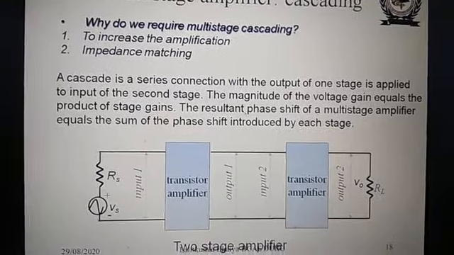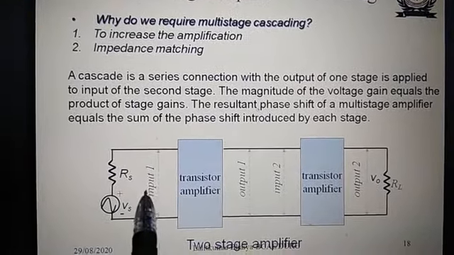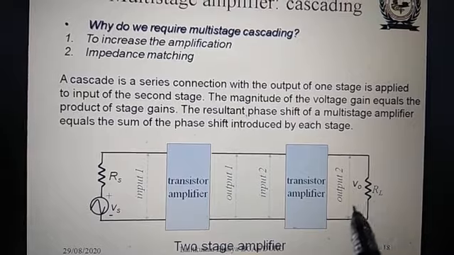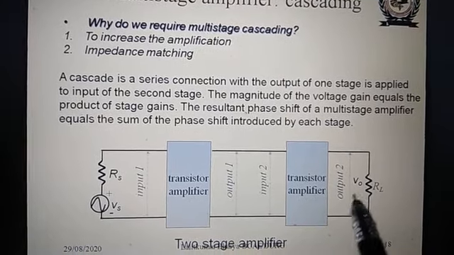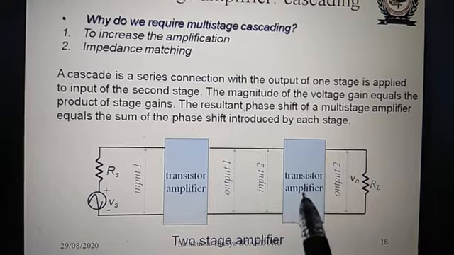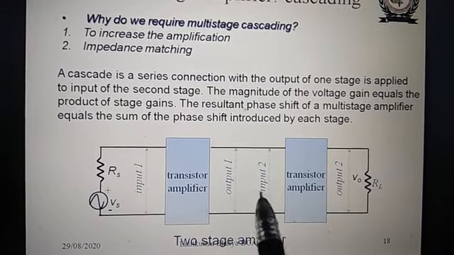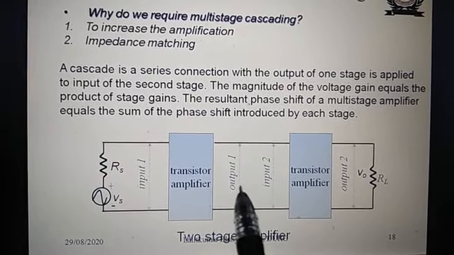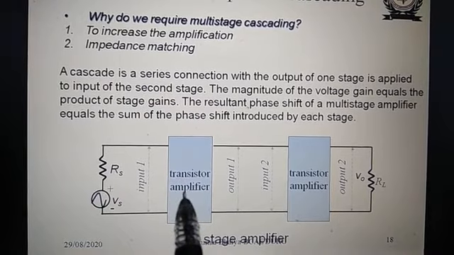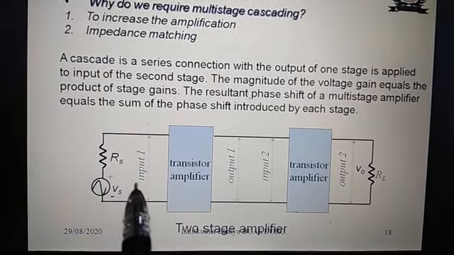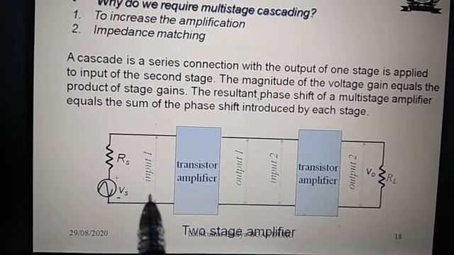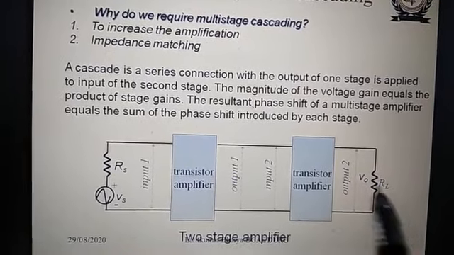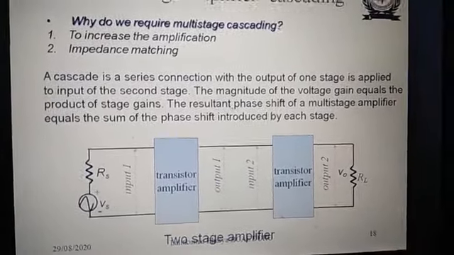The overall input impedance can be calculated at this terminal. So we will start the calculation from the output side. First of all, we will calculate the output here, then calculate the gain of the second stage, then the input impedance of the second stage, then the output impedance of the first stage, then the gain of the first stage, the input impedance of the first stage, and then the overall input impedance of this amplifier and the overall voltage gain and current gain of this multi-stage amplifier.